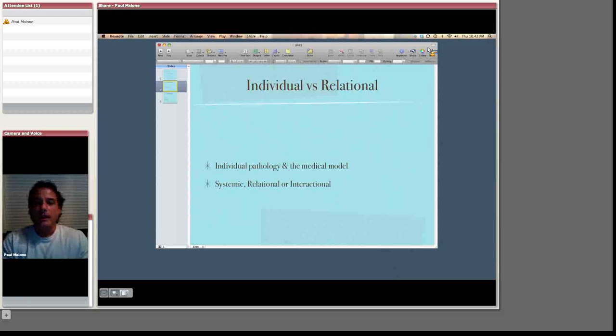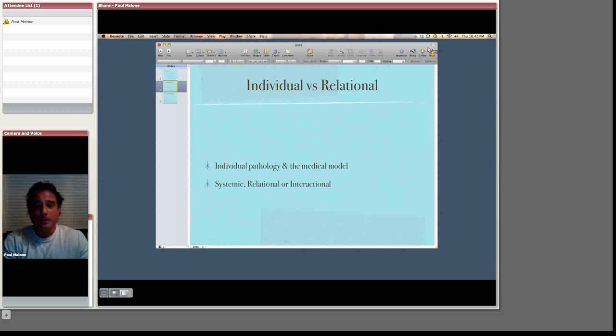And the early family therapists said, if you look at the behavior in context, there is no one place that the pathology really resides. So we call it the identified patient or the identified client, which is a realization that this is the person that the family has identified as the problem. But with a systemic or relational lens, we realize that the sequence of events is such that the symptomatic member is just one person in a cycle.